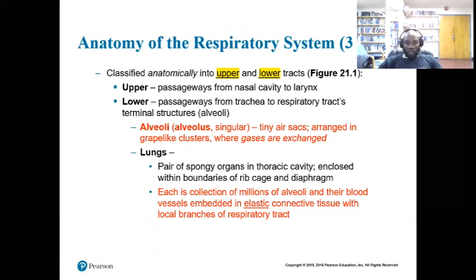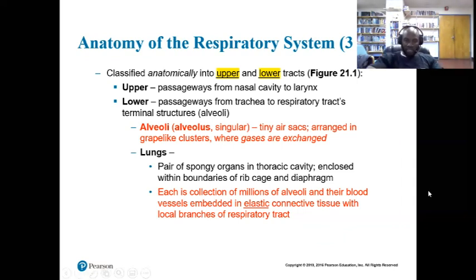What are the lungs? They're a pair of spongy organs in the thoracic cavity, enclosed within the rib cage and the diaphragm, and they have millions of alveoli, which are connected very closely with blood vessels, right? And that's where you have the diffusion of oxygen to the blood and carbon dioxide from the blood,